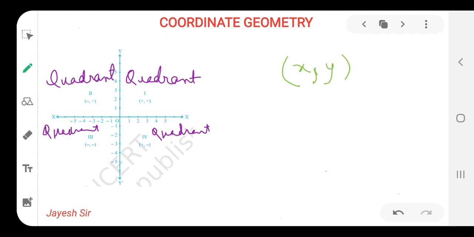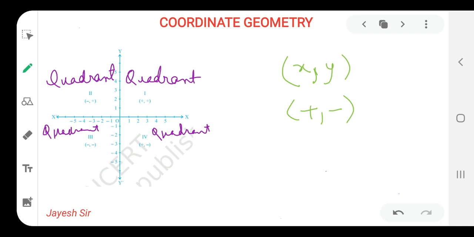In quadrant 4 you can see the value on the x-axis, that means I am talking about this thing. Yes friends, this is the x-axis, and here the values are positive. And the value on the y-axis is negative, you all can see over here. I hope you all are getting it, but I am still writing it over here so that you can find it easily. So the value on the x-axis is positive and on the y-axis is negative.